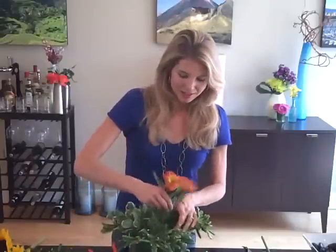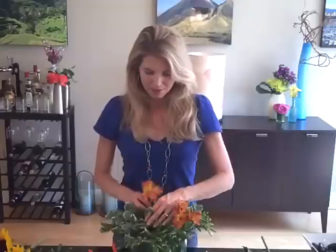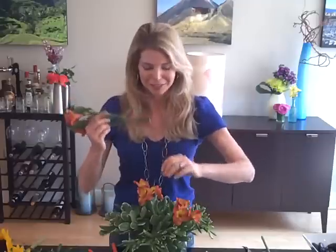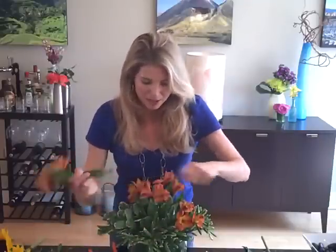Next up is the alstroemeria. Tucking it down in here. Alstroemeria is also called Peruvian lilies, and they last forever. I love them, and again, inexpensive and long-lasting. I've got a few greens on here that I missed in my first go-around that I'll just pull off, tuck in, get more of my alstro in,